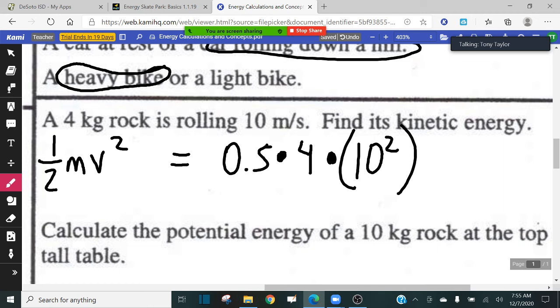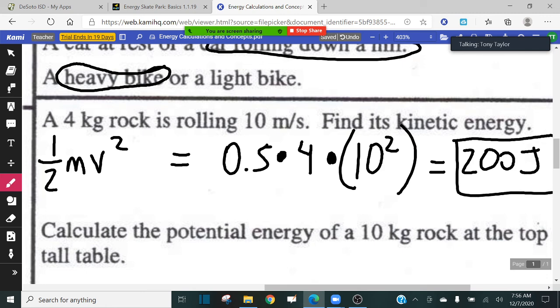So guys, if you were to put that in your calculator, what you would get is 200 joules for your kinetic energy. Okay, so 1/2, in other words, which is 0.5 times 4 times 10 squared. Okay, again, you get 200 joules of kinetic energy. Okay, so that's how you use the equation. Okay,